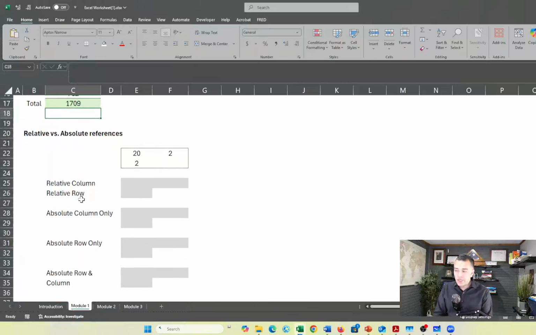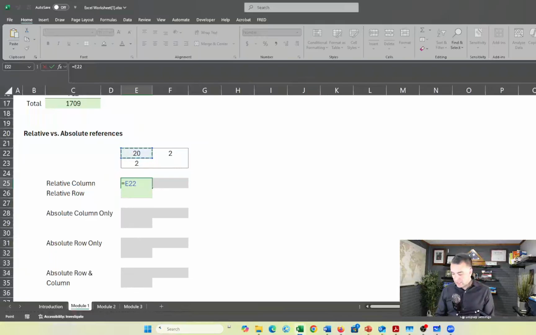All right, next what we want to show is relative versus absolute references. I'm going to show you an example here. We're going to look at a relative column. So a relative column would be, I'm going to select the 20 and hit enter. All I did was hit the equal sign and select what was in that cell, then hit enter. And then if I hold down shift, this is important, and you notice that it copied the next one down, if I hit control D,